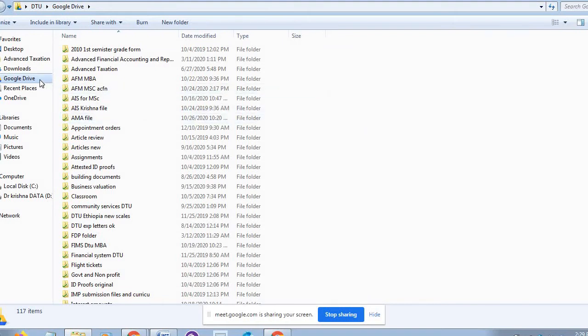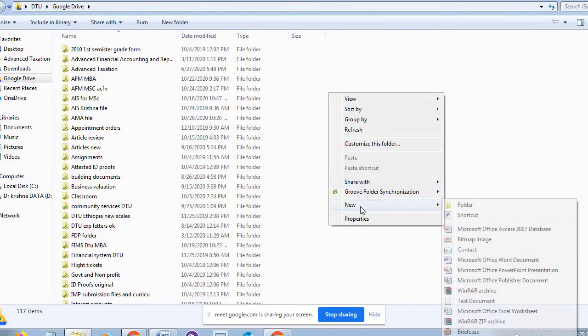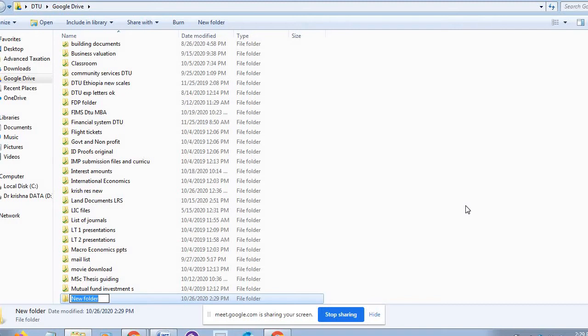Now one more thing I would like to say. After installing this Google Drive, you have to open this Google Drive, and whatever material, whatever work, say for example today I am creating one folder. I am mentioning that today's session I am creating.